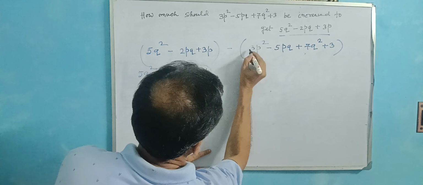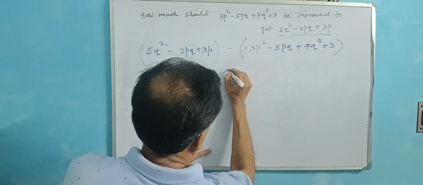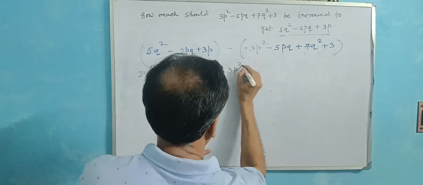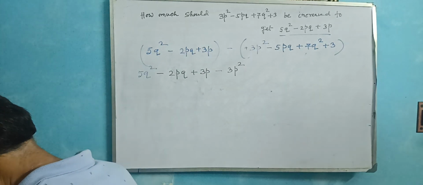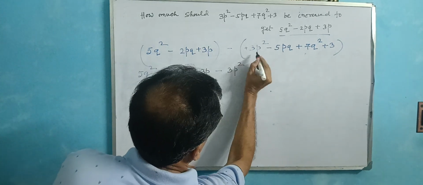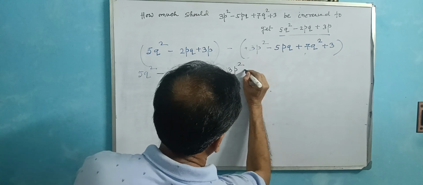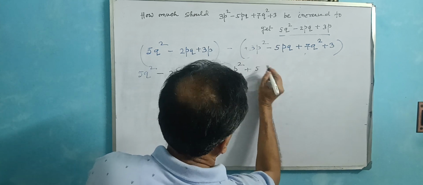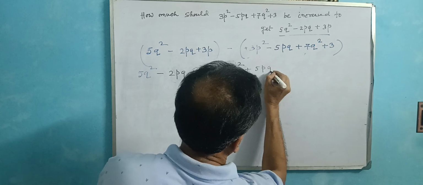Okay, so sign change: plus minus 3p square, minus plus 5pq,